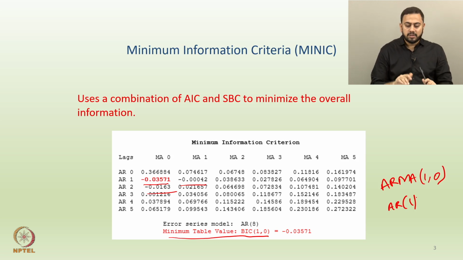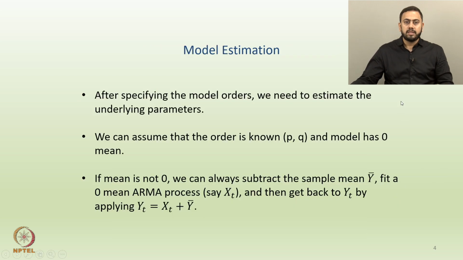Okay. So, this is just an idea about how you identify models based on some information criteria or let us say some visual plots, etc. Okay. Alright. So, I think now we move a step ahead and enter this plethora of different estimation techniques, what we call model estimation criteria or model estimation techniques. So, how do we estimate particular models? Okay. So, again after specifying the model orders, right, how do you do that?